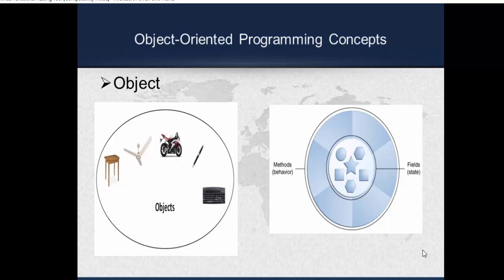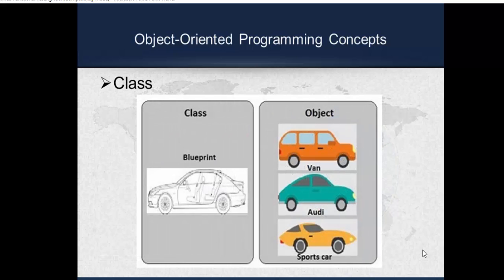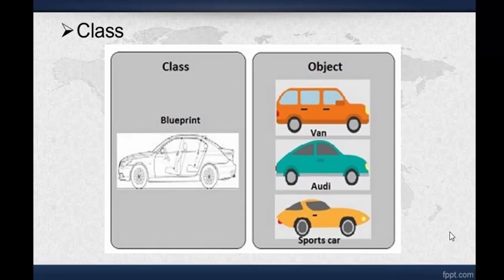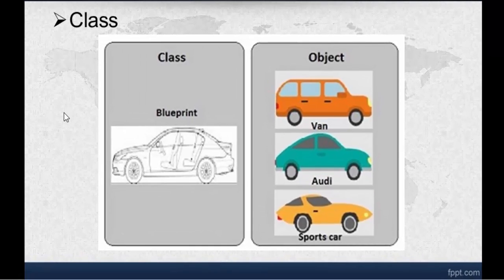Now what are classes? In the real world you often have many objects of the same kind. For example, your car is just one of the many cars in the world. Using object terminology, we can say that your car object is an instance of the class of objects known as cars. Cars have the same state and behavior in common. However, each car's state is independent of and can be different from other cars.